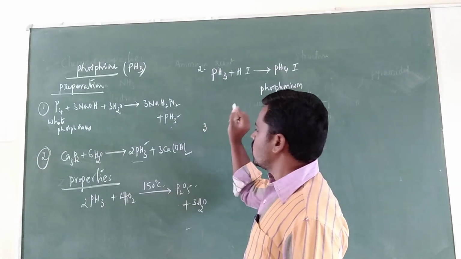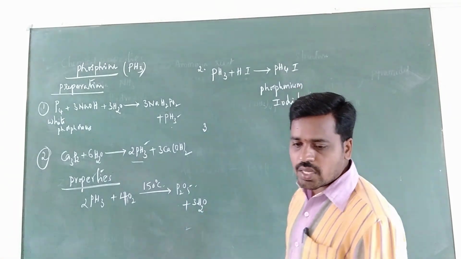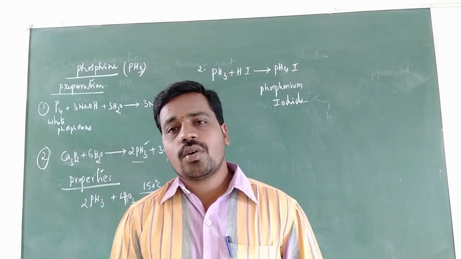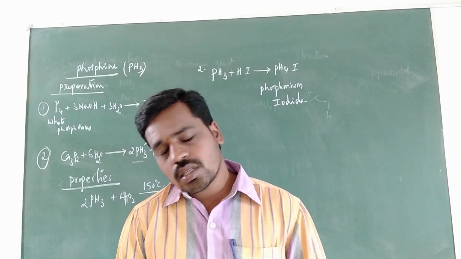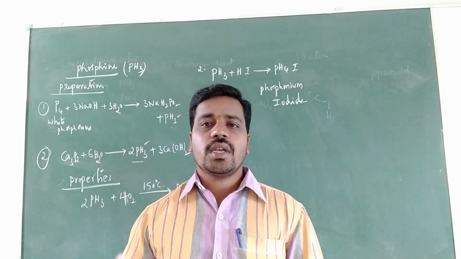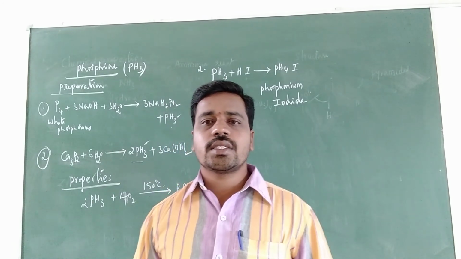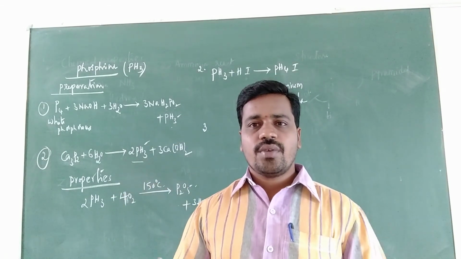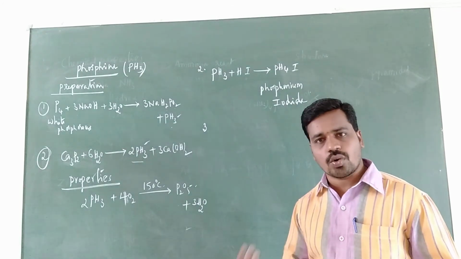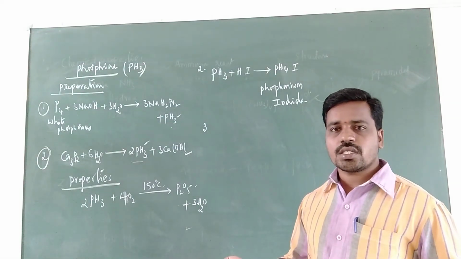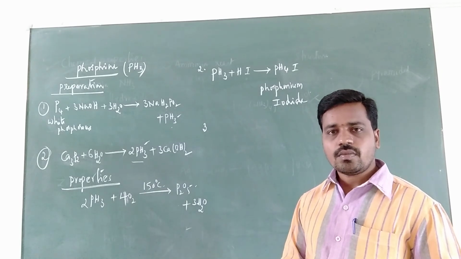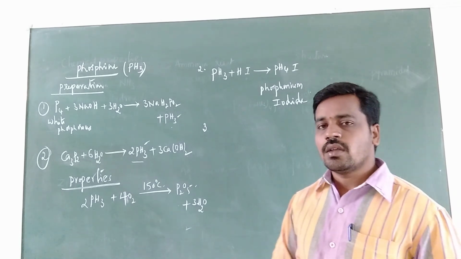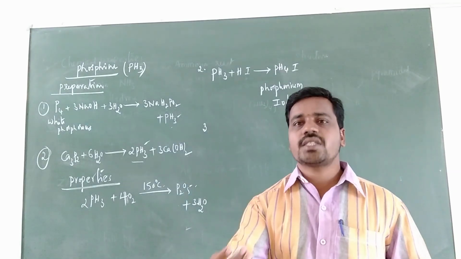And another important property of phosphine is that it can react with copper chloride, silver chloride or copper sulfate. Like that, when it reacts with sulfates or chlorides, it produces phosphides. That is very important. When phosphine reacts with sulfates or chlorides, what does it produce? I am repeating once again. When phosphine reacts with sulfates or chlorides,